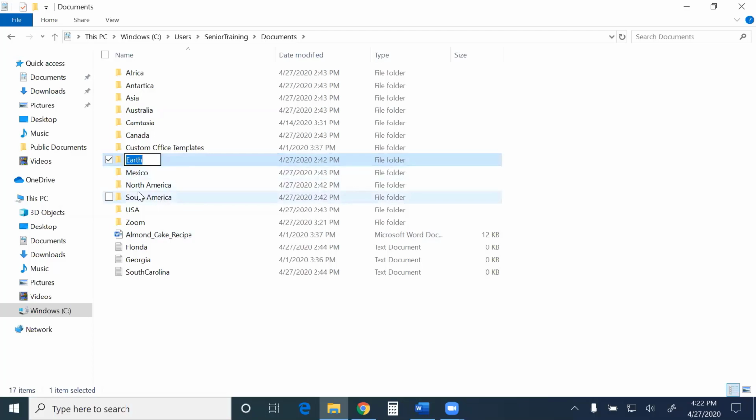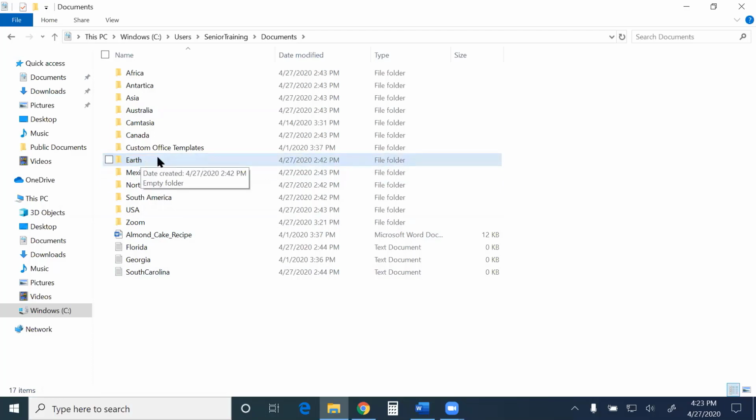If you are renaming a large number of files, there's actually one way that's even easier, and that is to click on it and then press the F2 key on your keyboard. F2 will allow you to rename whatever file is currently selected. And again, I could just start typing in whatever name I want to create there, and it's going to make that change for me.